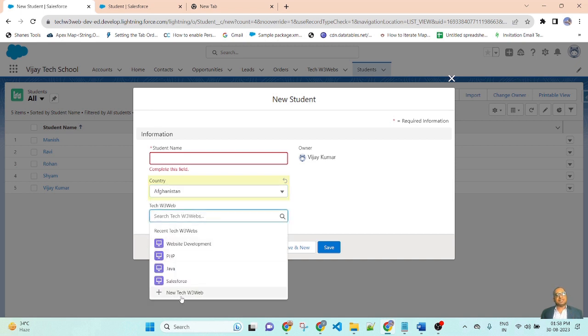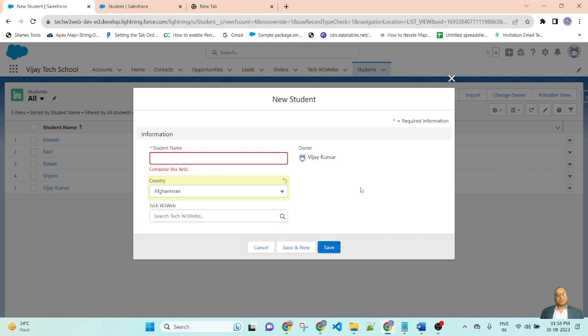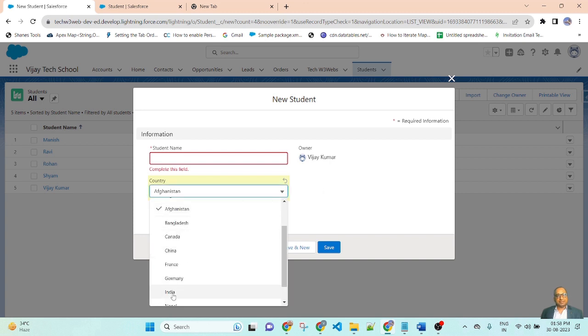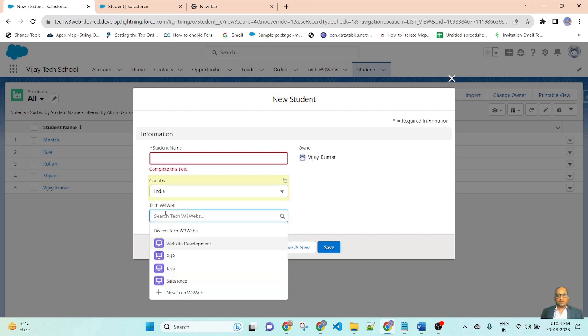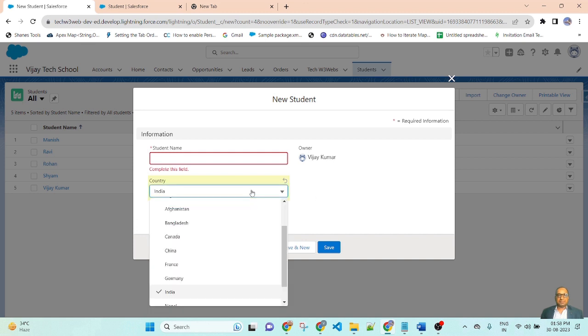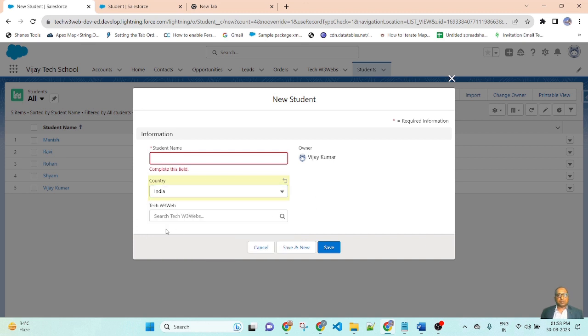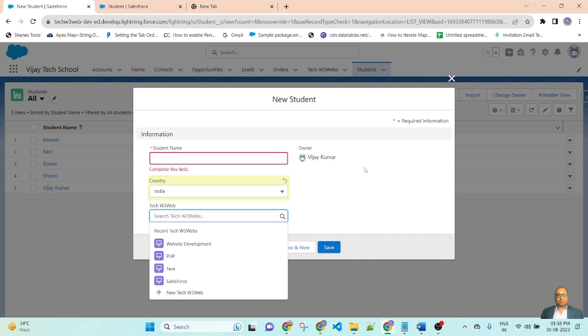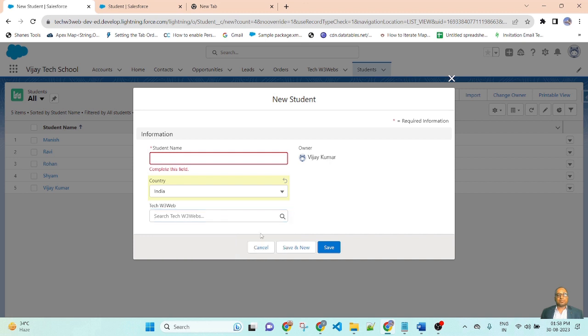If I set the criteria based on India, then the lookup values will be displayed. If I select another country, the lookup values will not be displayed.